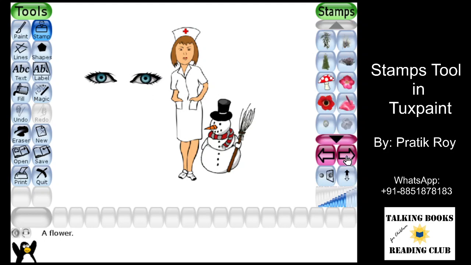Now let's look at the next category, and these are, as you can see, different flowers and grass or trees, and you can use them for any of the landscapes that you create. If you created a garden or some mountain area, whatever it is, you will be able to use any of them. Collection of them makes your drawing very beautiful.